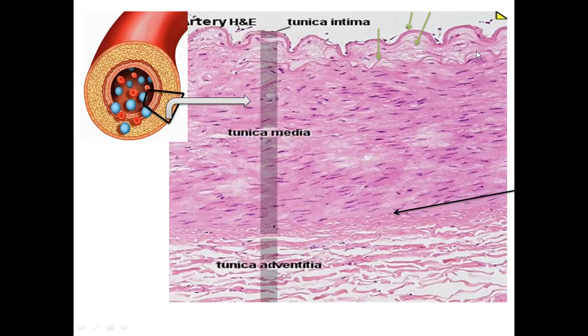This band of elastic fiber, as a border area between the first layer and the middle layer, is labeled as the internal elastic lamina, indicated by this arrowhead. Then comes the middle layer, which is very muscular in this case. There is a specific type of artery which is more muscular.